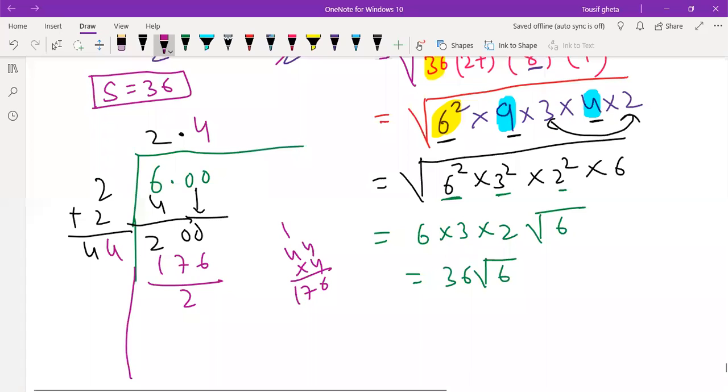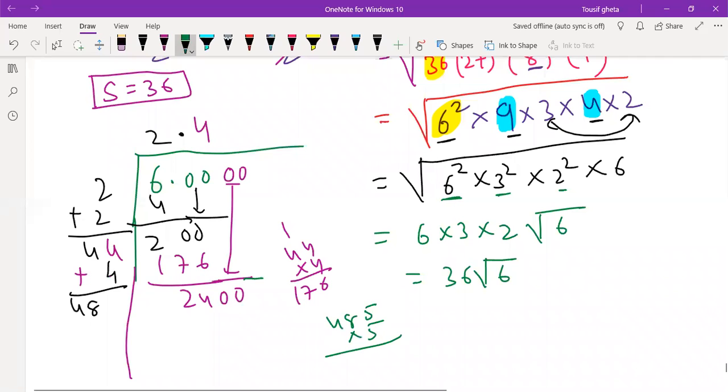Again, you can take 2 zeros down. And add this 4 here. 48 we will get. Now you keep one number. 4, 8 we have. 48 we have. Which number will you keep? I think 5 will be better. 6 we can't take because 6 4s are 24, it will become more. 5 will be better. 5 5s are 25.